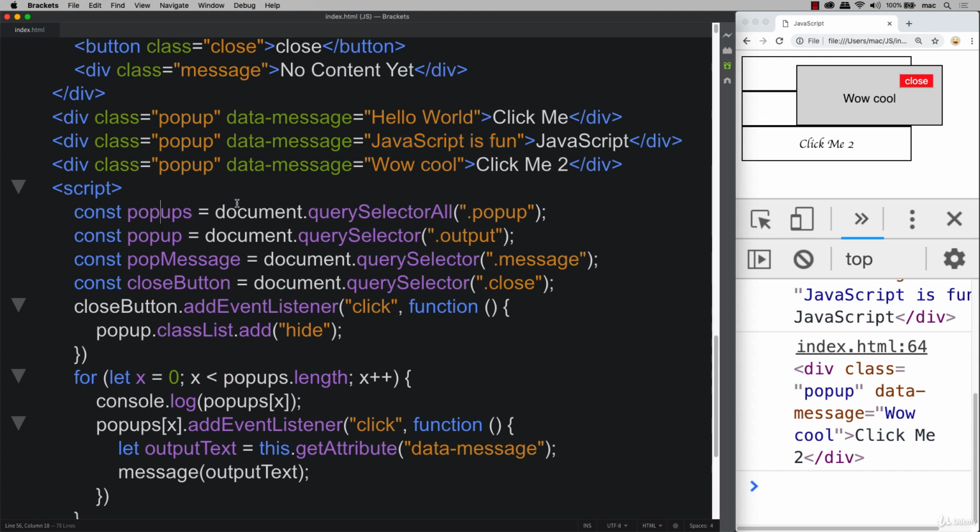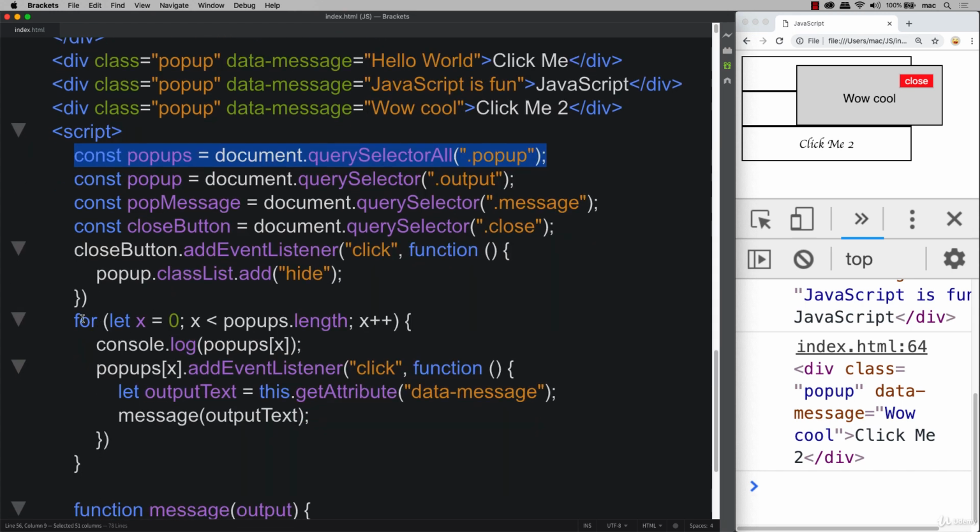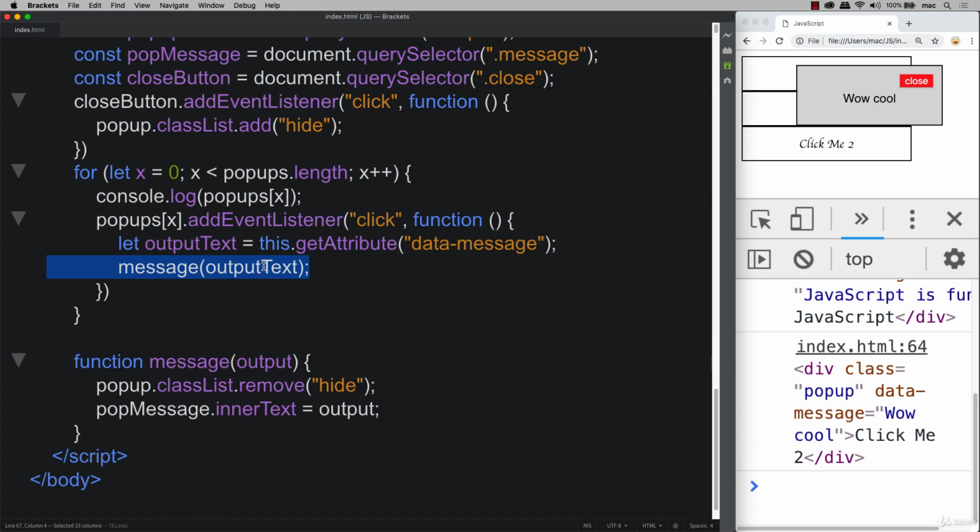So what we did is we selected all of the elements that have a class of pop-up. We looped through all of those elements, and we added an event listener. The event listener that we added in is the ability to get the current attribute value, and that's the data message value. And we sent that into a function called message. And what the function called message does is it retrieved that into a variable called output, and we output that into the pop-up message element as the inner text, as well as we removed the hide class, effectively showing that pop-up